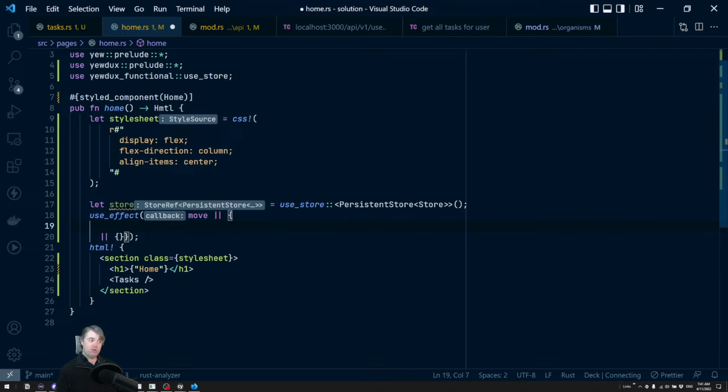So we're going to want to make the API call, get the information. So that means we're going to need an async block in here too, which means we're going to want to get the dispatch. So let's go ahead and